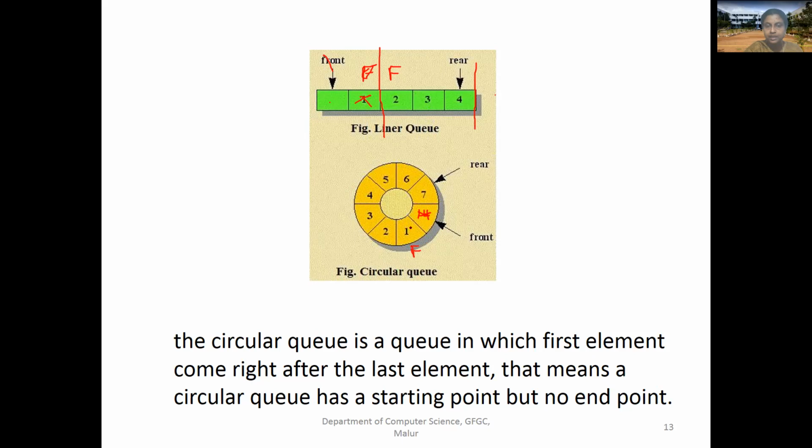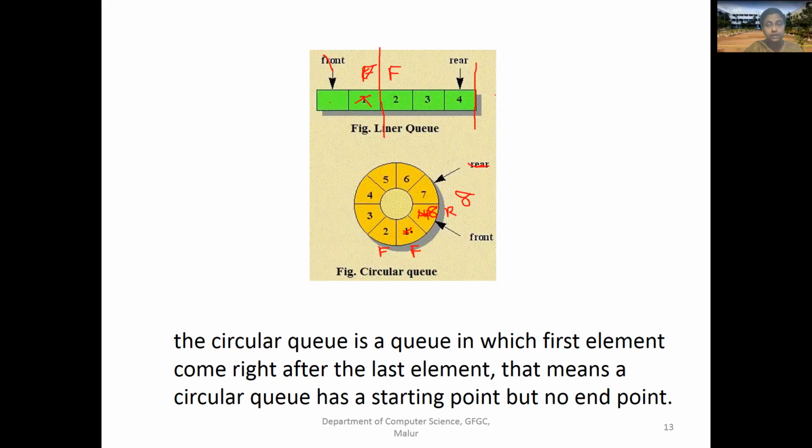So once again, I'm deleting. So 1 also will be deleted and F will move to this position. Now I'm adding an item 8. When I add an item, since it's a circular queue, I can increment the rear and insert in this position, and I will increment the rear position to this location. One more item also I can add. Until my queue is full, I will be able to keep on adding items.